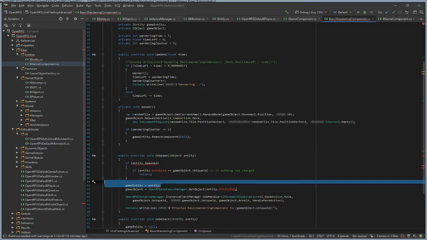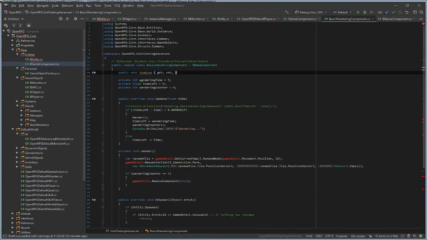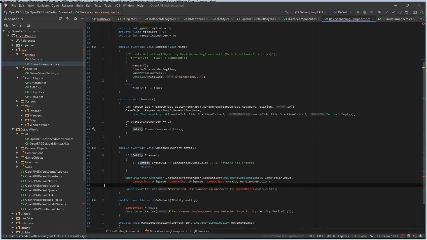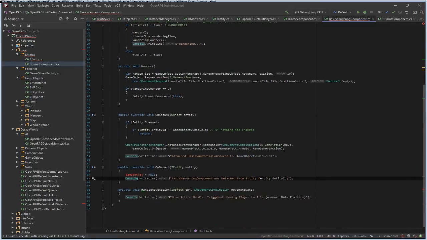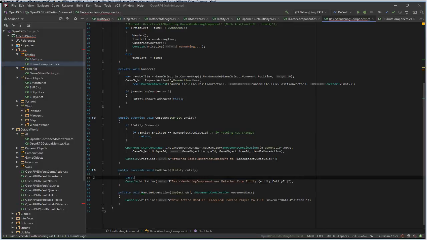So I don't need any of this. I can just do this: entity id equals game object. Remove all this. Man, this looks much better. I don't have to do any of this. Just call the base function.